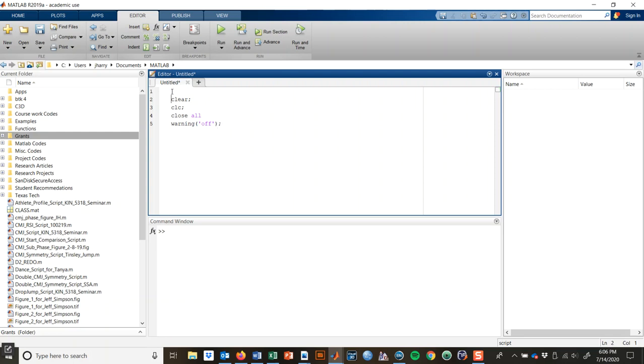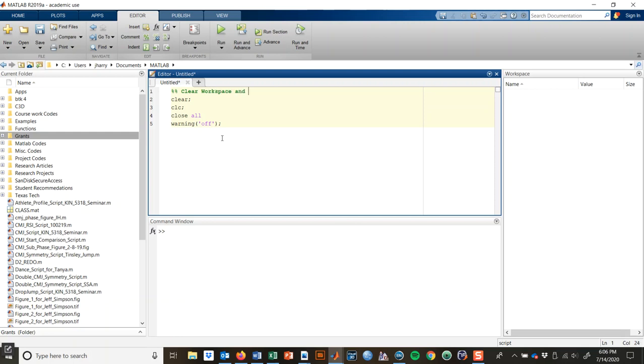Now when we write these scripts, I can create sections and title these sections. So if I do two percentage signs, it will let me create a section. If I do one percentage sign, it will let me add notes. That's pretty important. So you can do whatever you want to here, and those notes will not run in the script. So what I'm going to do is clear